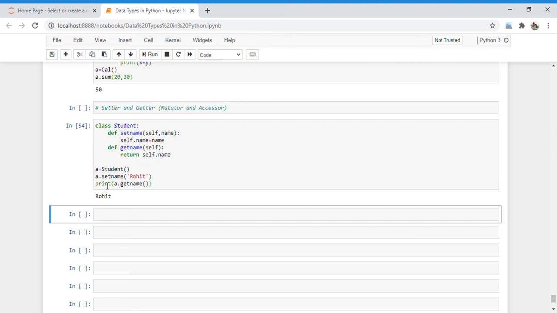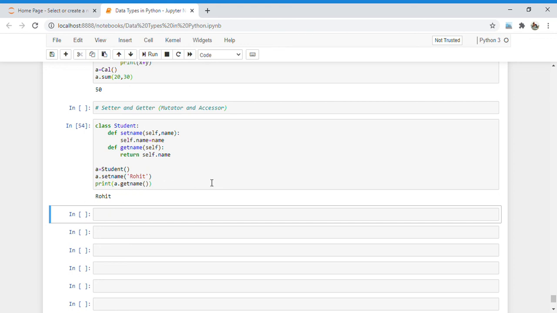By using different objects and setting different values outside of the class, we can set n number of values to any objects and get those particular values by using the getter method. And because we use a return statement it doesn't print anything, that's why I use the print statement, and it prints the value of the particular variable.